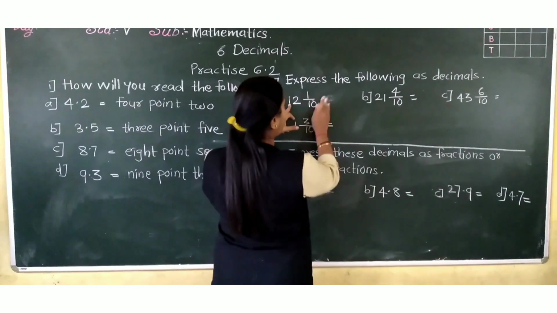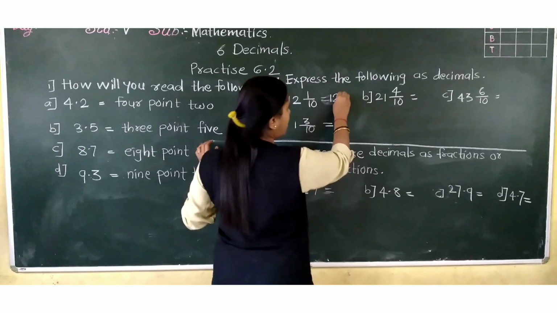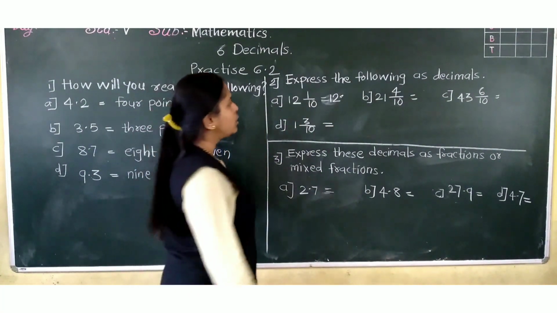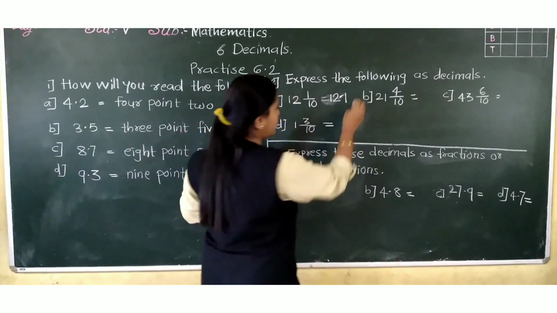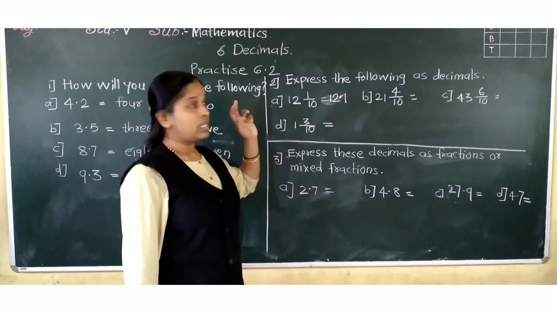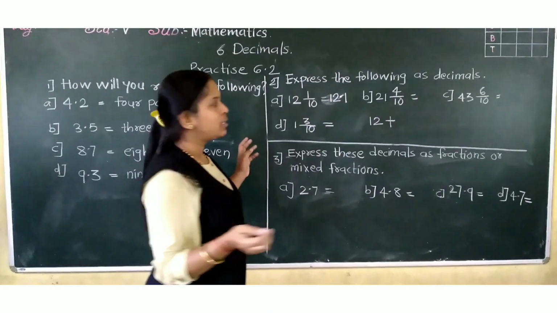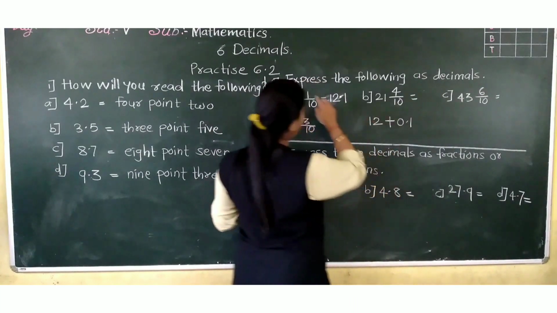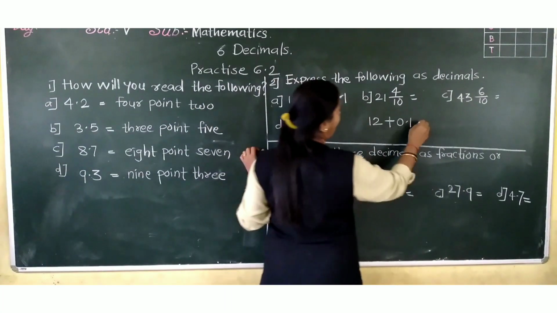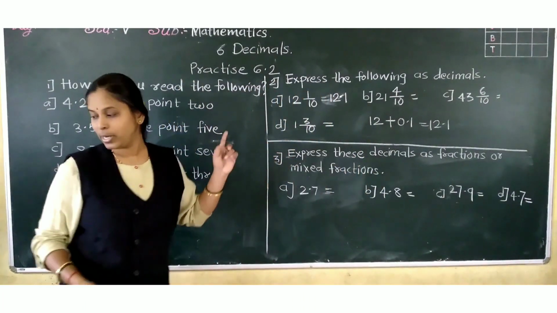Okay. So what will be the answer? 12. Whole part write as it is. Then put decimal and after that here see whatever is there in numerator that we have to write. So what it is there? 1. So see 12.1. Why here 12.1? How did it come? See here. This is 12 plus 1 upon 10 means what? 0.1. Correct? No? 1 upon 10 means how do we write that in decimal point? 0.1. And if you will add, what you will get? 12.1. The same answer. So did you understand how to write that?